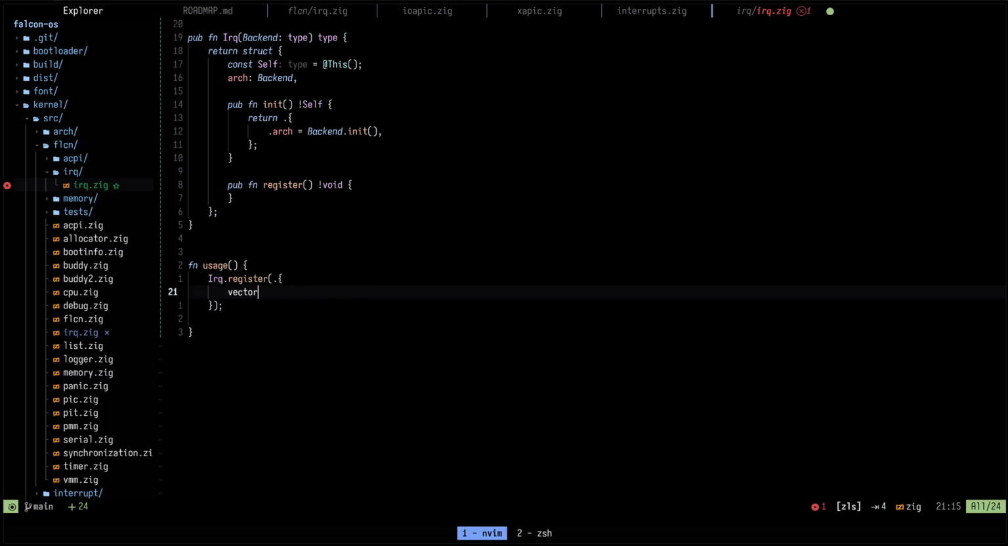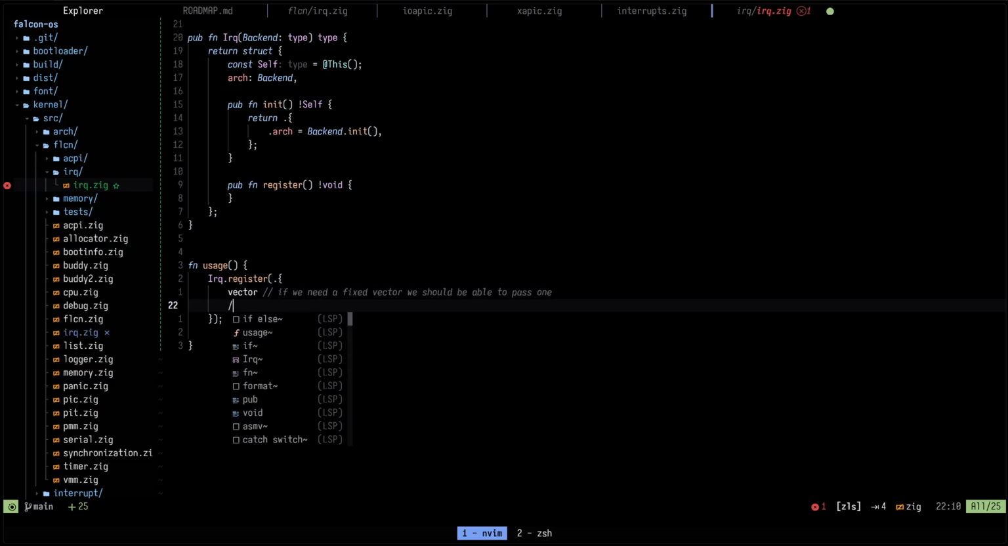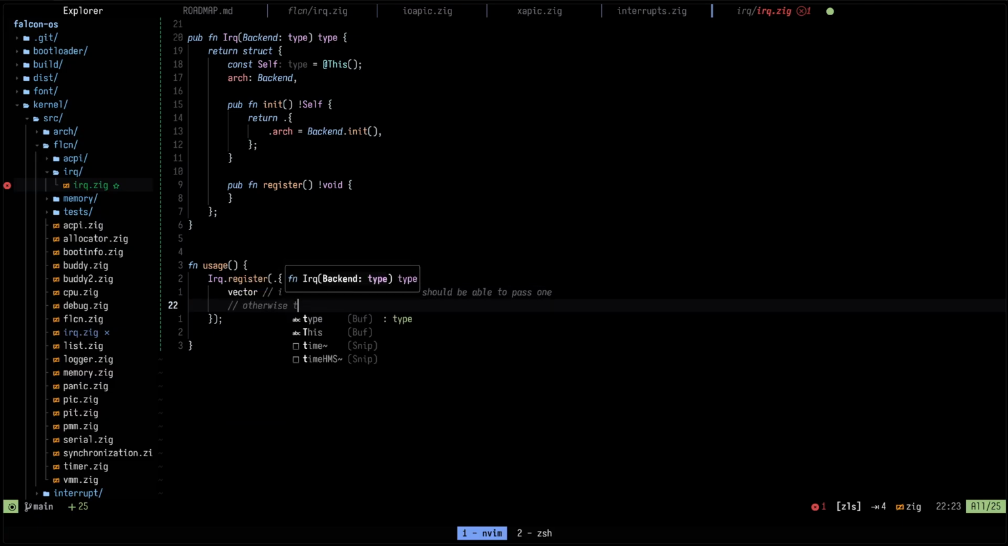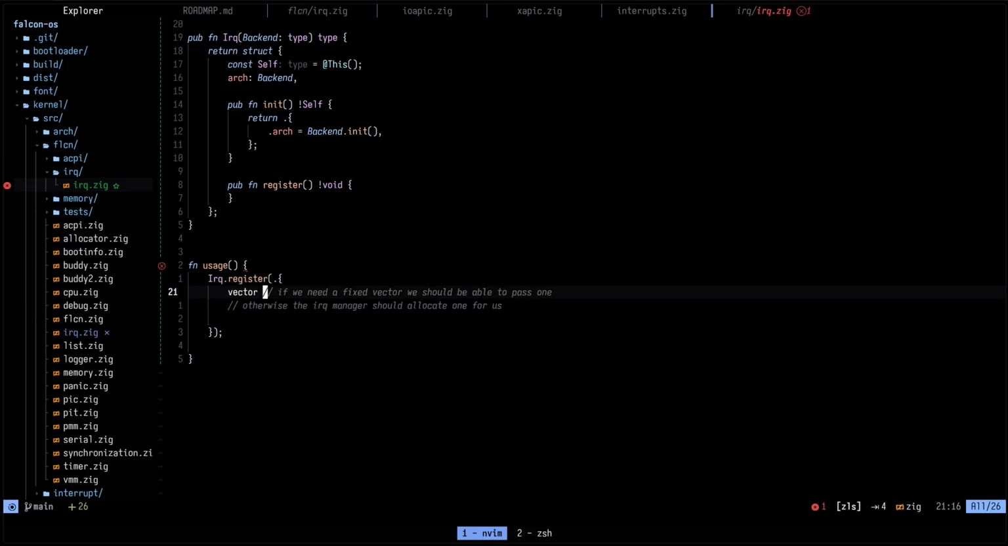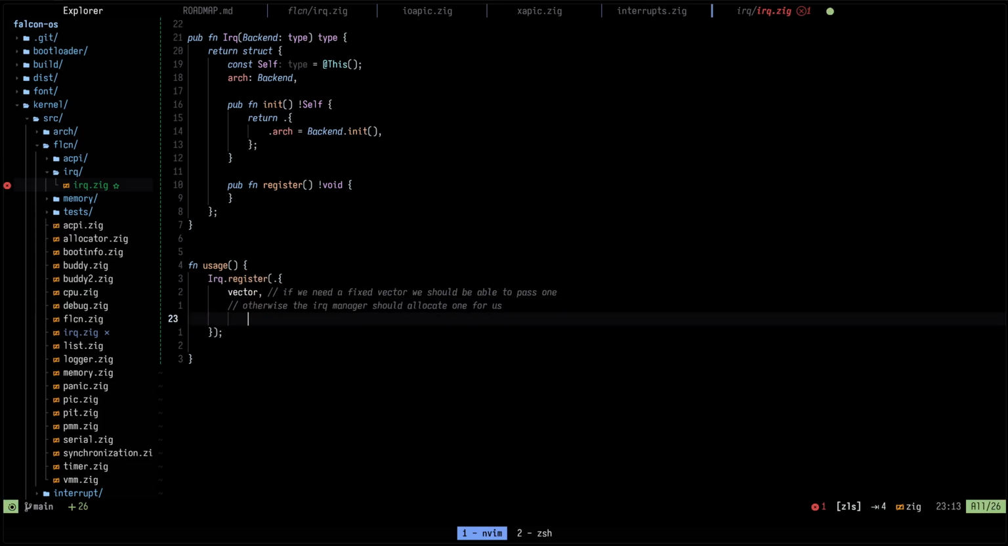So a vector, if this is fixed, right? So if we need a fixed vector, we should be able to pass one. Otherwise, the IRQ manager should allocate one for us. Right, so this is a vector, and then here we have